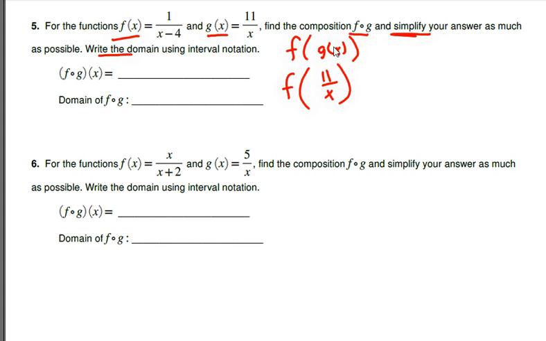So once again, just rewriting g of x as the actual expression, the function rule 11 over x. And that means, once again, that every time I see an x over here in f, I'm just going to say 11 over x. So here we go. 1 divided by 11 over x minus 4. It is at this point, as soon as I first write the unsimplified version of the function rule, I want